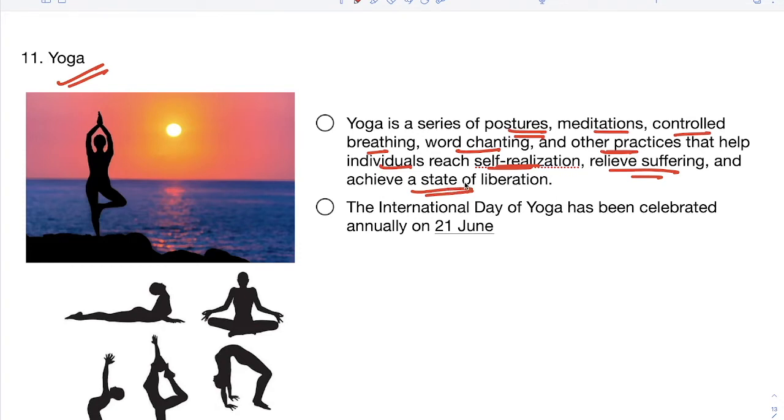And because of that only, our Prime Minister took this to the UNESCO also, and because of that the International Day of Yoga is celebrated annually on June 21st. This is also one of the important questions in any government exams, whether central or state: on which day is the International Day of Yoga celebrated? That is June 21st. And this is also recently inscribed, not recently, that means 2020, 21 like that.